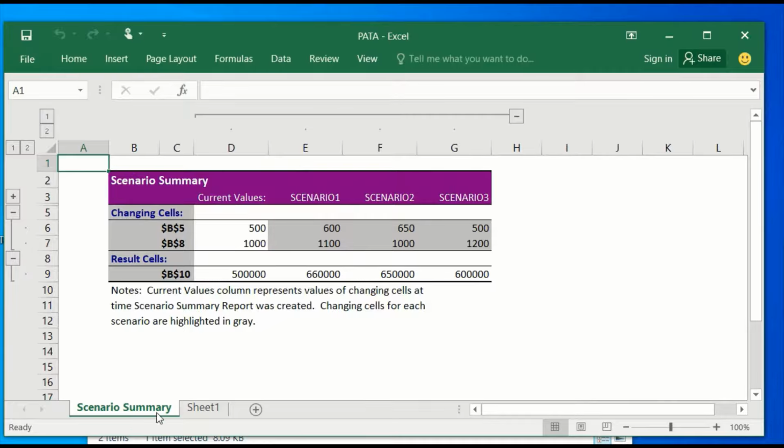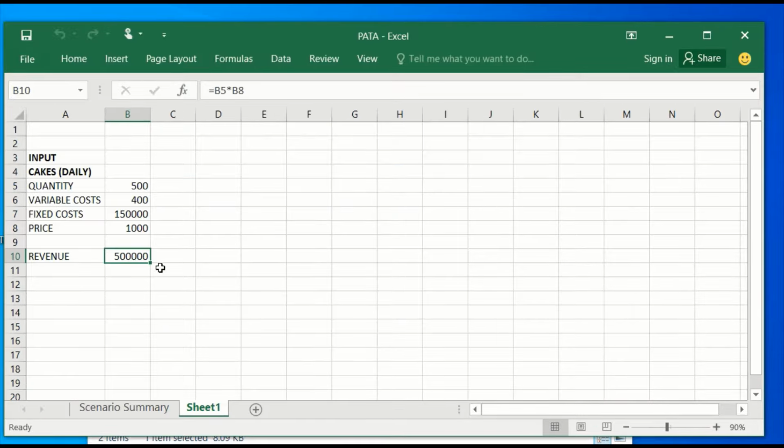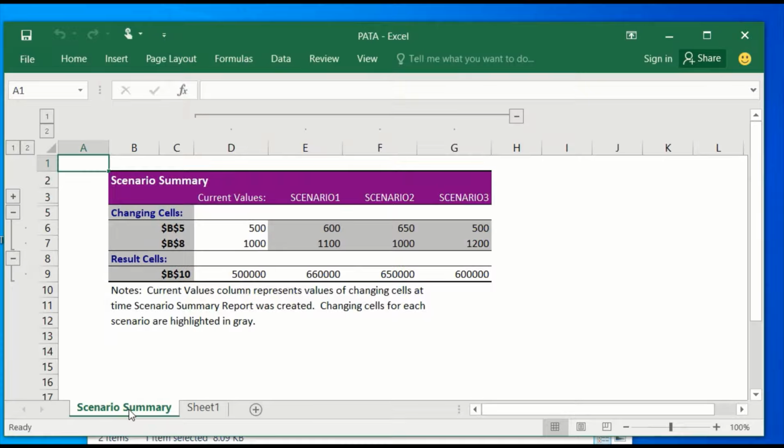And there we go. You notice that we have a new worksheet that has scenario summary. This is sheet 1 where we were working. This is what we started with, and we get a scenario report. Okay, we move ahead to part B, which tells us, assuming that we have decided to sell each cake at